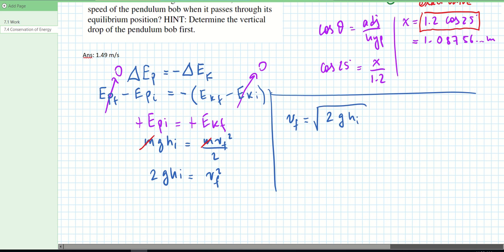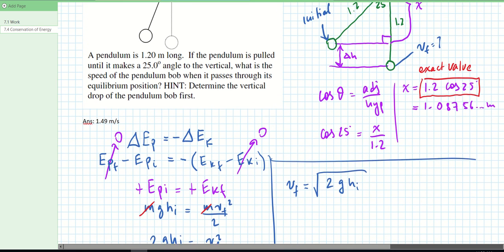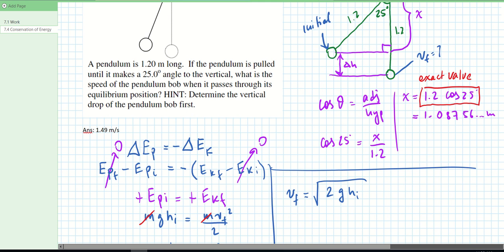Okay. Next, we're going to plug in our value for our hi. We know that, again, our hi is going to be our delta H that I labeled here. So I guess I could have relabeled this as my hi instead of delta H. Or rather, this is fine. This is delta H. This would be my hi, at this point, and this would be my H final here at the bottom. The difference is delta H. So anyway,